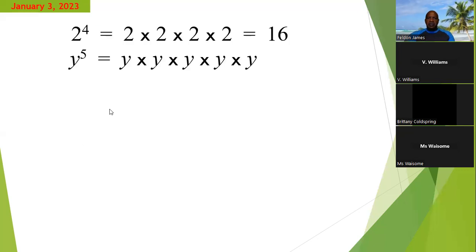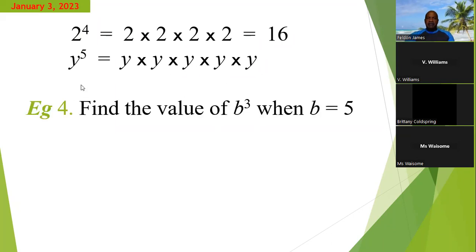All right, so here we notice that just in a similar way where we can have our base as a number, we can also have our base as a letter. So 2 raised to the 4th power. So 2 is a particular value, which is raised to the 4th power, meaning when it multiplies by itself, the 2 occurs 4 times. So here y raised to the 5th power, when y multiplied by itself, the y occurs 5 times,